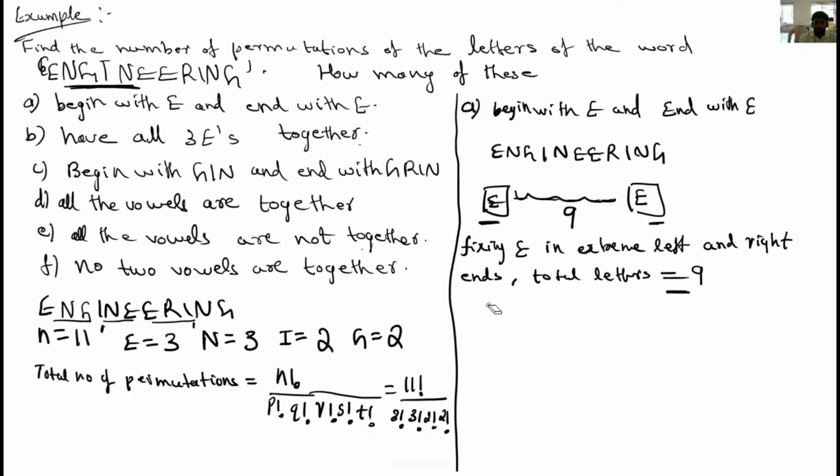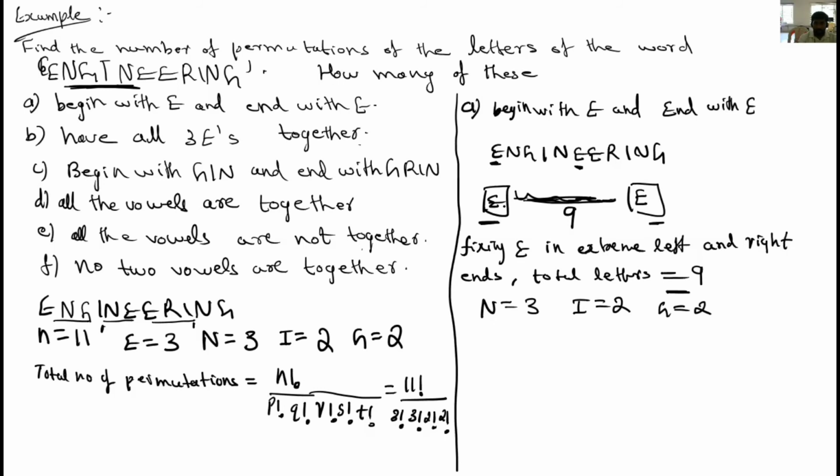Then once again, see, in that 9 letters, check how many times E is there. Since 2 E's are already fixed, there exists only one E. That means there is no repetition, right? One E is fixed, another E is fixed. Actually, in the first case, 3 E's are there. But if you fix 2 E's, then you are talking about only 9 letters. In that 9 letters, there is no repetition of E, because only one time E is there. But what about N? In that 9 letters, N repeats 3 times. And any other repetition? I, right? I repeats 2 times. And G also repeats 2 times.